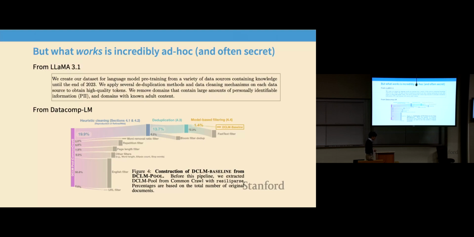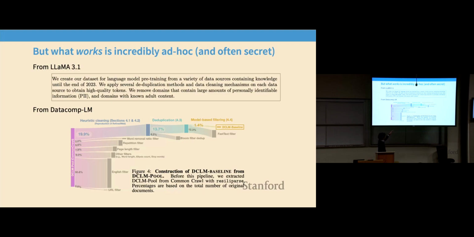So there has been some work trying to open source replicate data pipelines and to train highly effective models. I'll talk about one example as I continue through this talk, called DataCompLM, right? DataCompLM was an attempt by some folks at Apple and Toyota Research Institute to build a full pre-training filtering pipeline that results in an effective model. And they end up training a pretty reasonable 7 billion parameter model. The one thing to take away from this figure on the bottom here is that it's a pretty complex, hand-engineered pipeline.